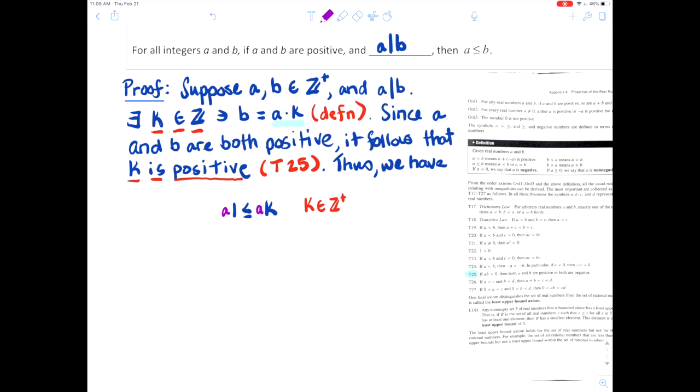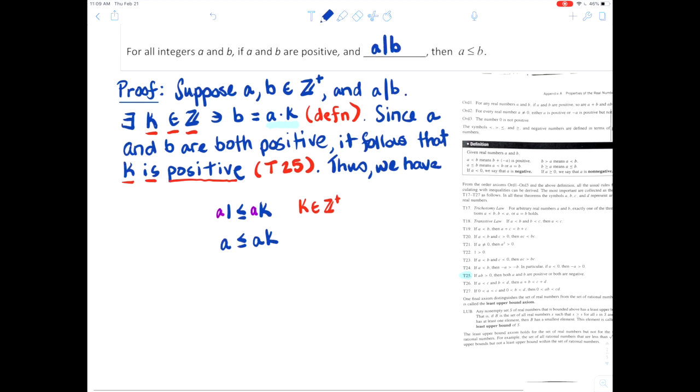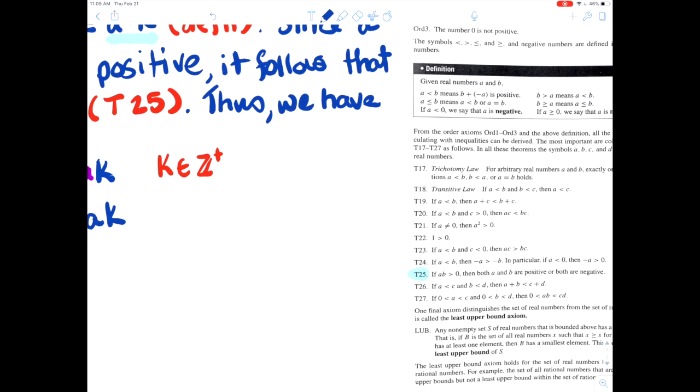Perfect, A times K. So A times 1 is just A, and we have A is less than or equal to A times K. Now, here,